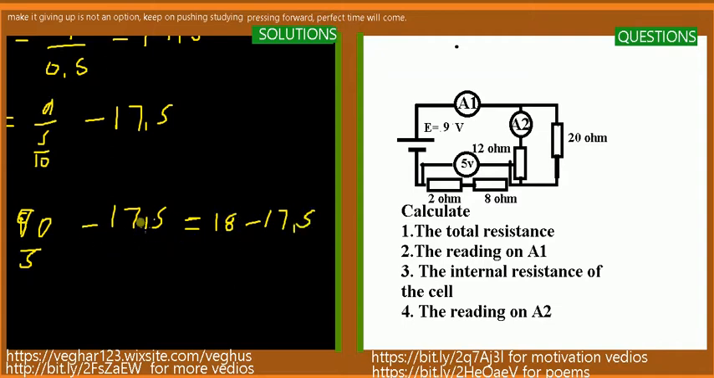So that means we have 0.5 ohm as our internal resistor. And then from here we got our internal resistor. And the next question says